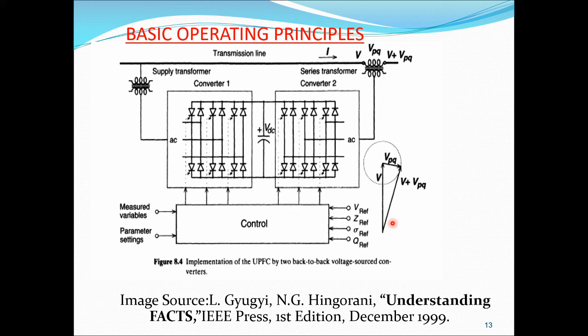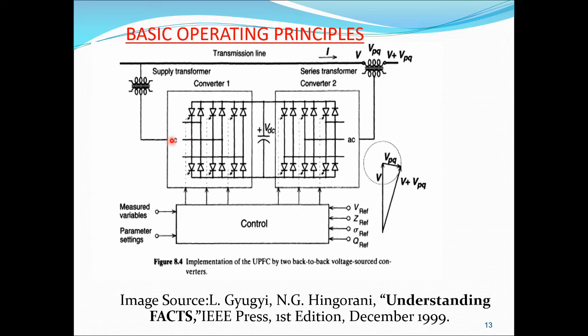From the examination point of view, if they pose a question to implement UPFC by two back-to-back voltage source converters, we have to draw this particular diagram. There is no variation in it. What you learned in the first slide is the same diagram: the same transmission line, series transformer and shunt transformer. But in terms of converter 1 and converter 2, we have thyristors in combination with diodes. Back-to-back thyristors, one set, second set, third set, in the same opposite manner, connected to the VA, VB, VC supply.